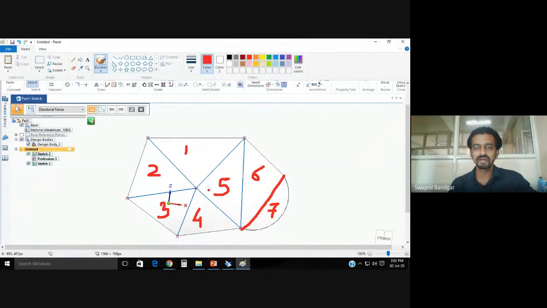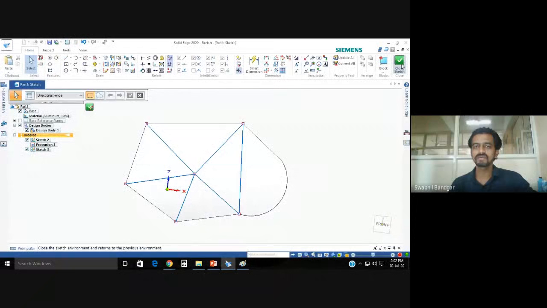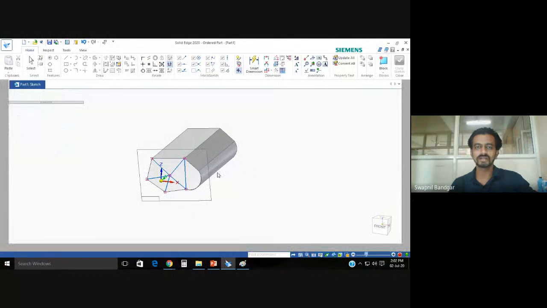And I have to perform Boolean operations also. So this is a union. This is also a union in 5 and 6. This is also a union. All are unions. So all this database will be required, and you can imagine the time required to make this simple model, which I did in a few seconds.